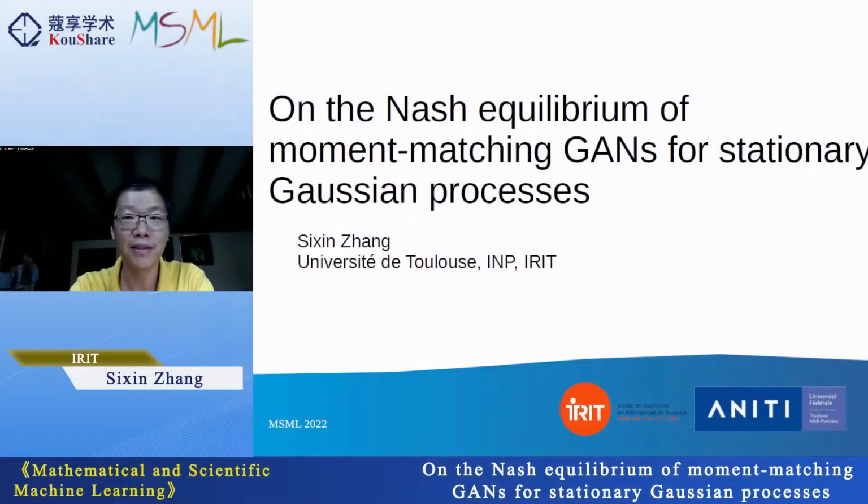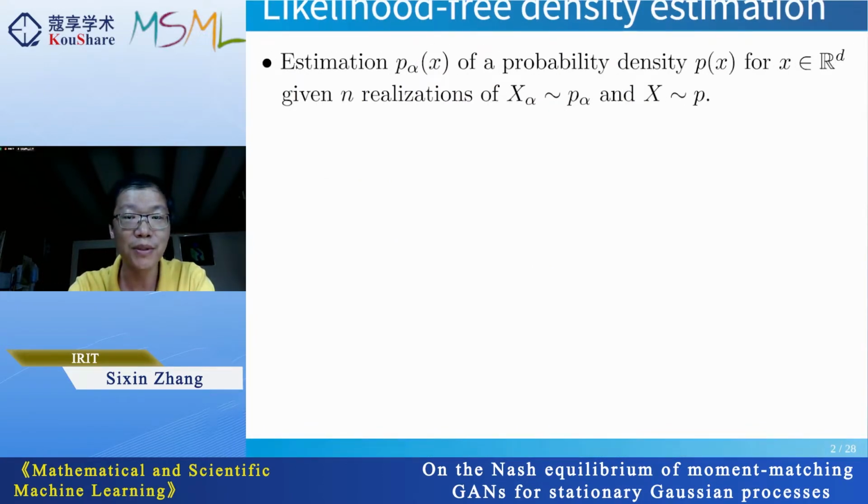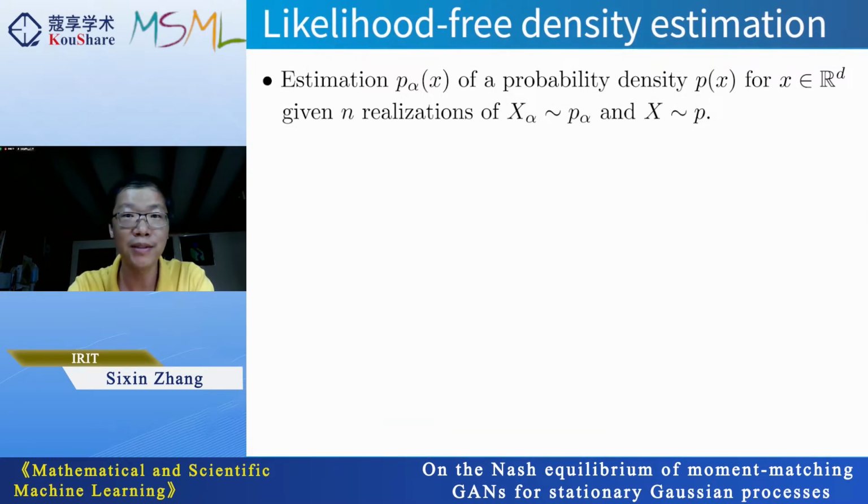I'm very glad to present a recent paper about Nash equilibrium in GANs in an idealized setting. The motivation is that in GANs, people study different optimization algorithms to find some sort of equilibrium, like Nash equilibrium. The trouble is we don't fully understand why this equilibrium exists. So in this work, I'm going to give you first a broader view of the topic, and then go into a specific setting to study the richness of this existing problem.